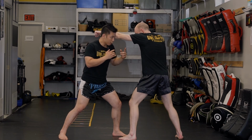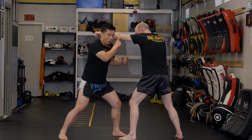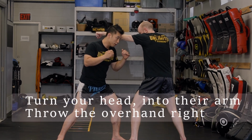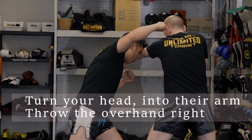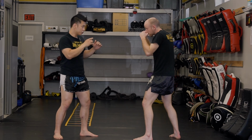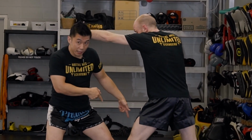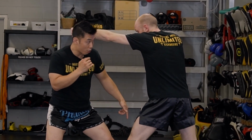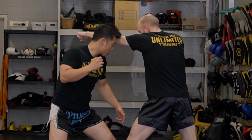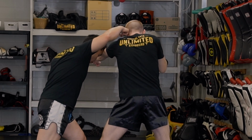From here, even if he doesn't move his arm, I'm just going to turn my head and move his arm for him with my forehead. And then I'm going to throw my overhand right over the top like so. So one more time, he throws a jab. I slip as I step forward. From here, my head moves. I don't care if his arm doesn't move. My head just moves, throws it out of the way, and then I come over the top with my overhand